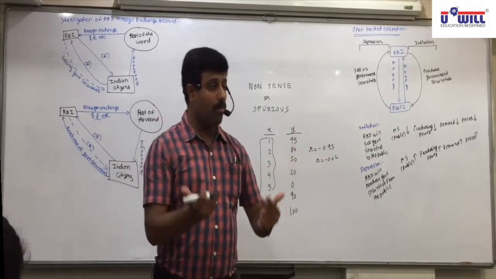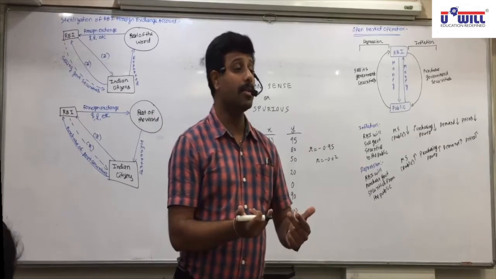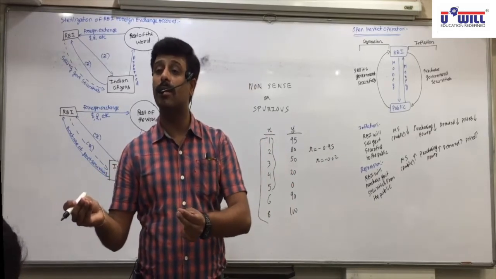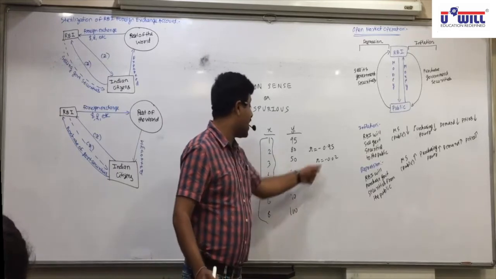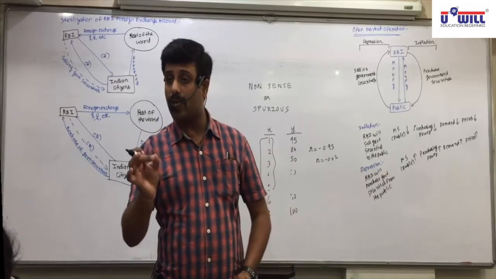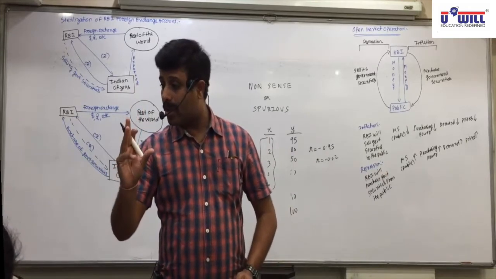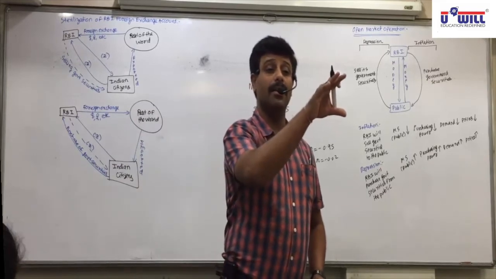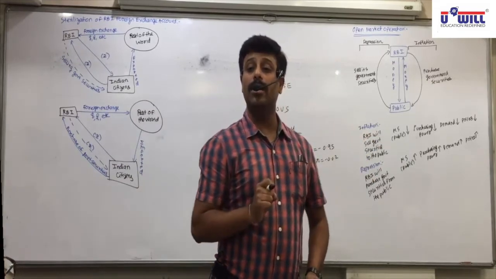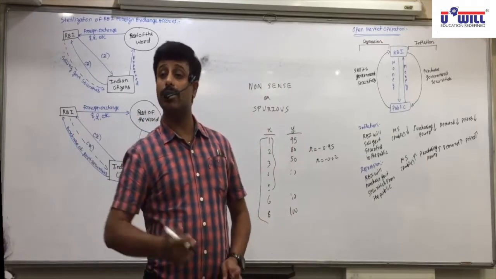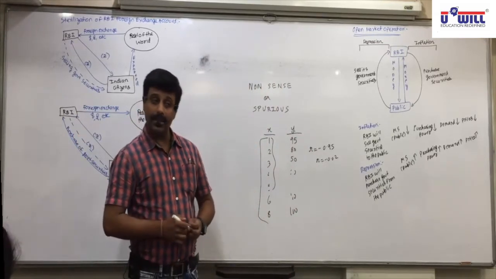If you include more values, then your answer will change. Even if you remove some values, your answer will change. If I remove these two values, then also my answer will slightly change. So whatever correlation you obtain, third precaution, you should keep in mind that it is limited to only the set of values which are given in the question. If more values are included or excluded, then the answer will change. Any confusion in that? This is the third precaution.